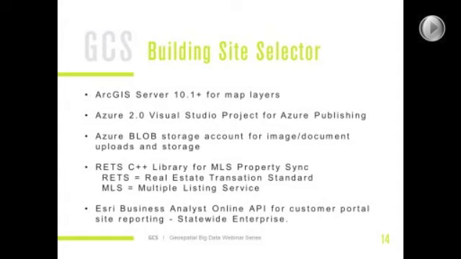One of the big tricks, I guess I would say, is that we had to use the Azure blob storage for storing things like the images. The Site Selector is, in a sense, a real estate app, and the users really want to be able to add pictures and documents and things like that about the site. In a traditional web app, you would either store those right in the database, or in a file system. Since in our first version the files and images were all stored on the file system, we decided to go with a file system type storage mechanism again,